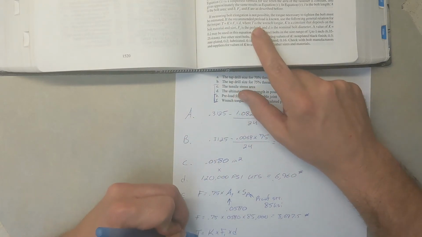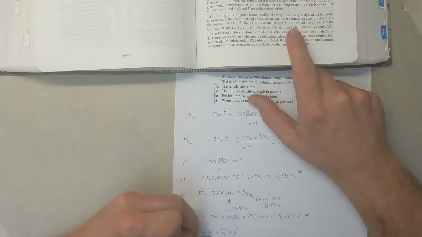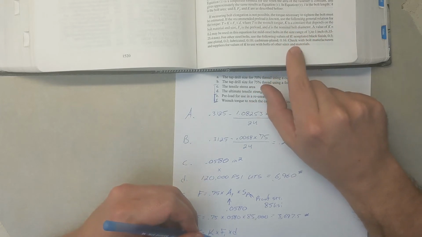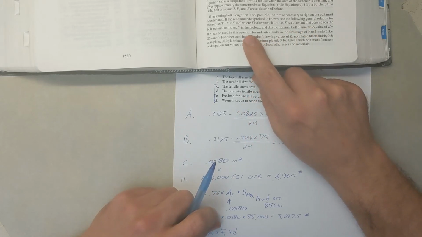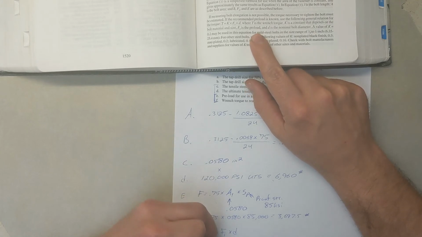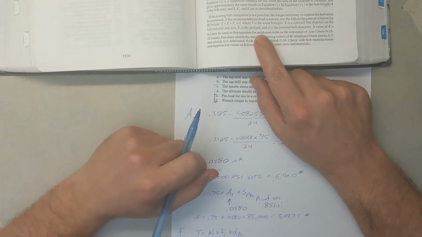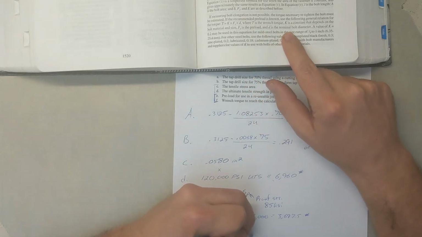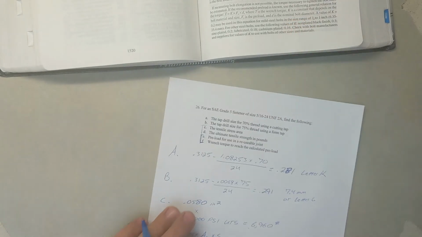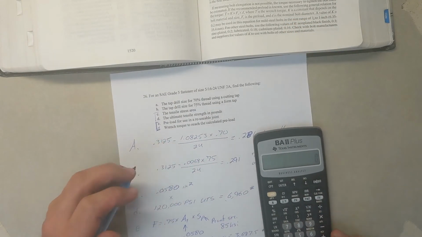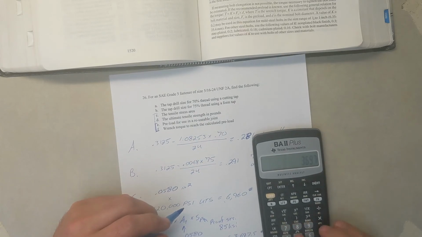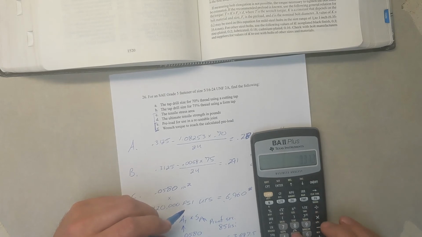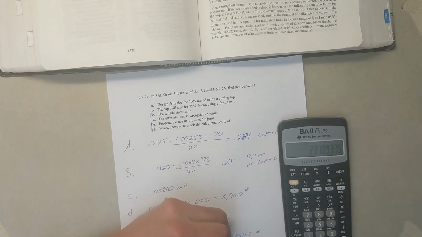T here is the wrench torque, K is a given constant, which for the description written here, that given constant is 0.2. F is the preload tension, which is 3,697.5. And then D is the nominal bolt diameter, 0.3125. So we can multiply all those across. 0.2 times 3,697.5 times 0.3125. And what we get is